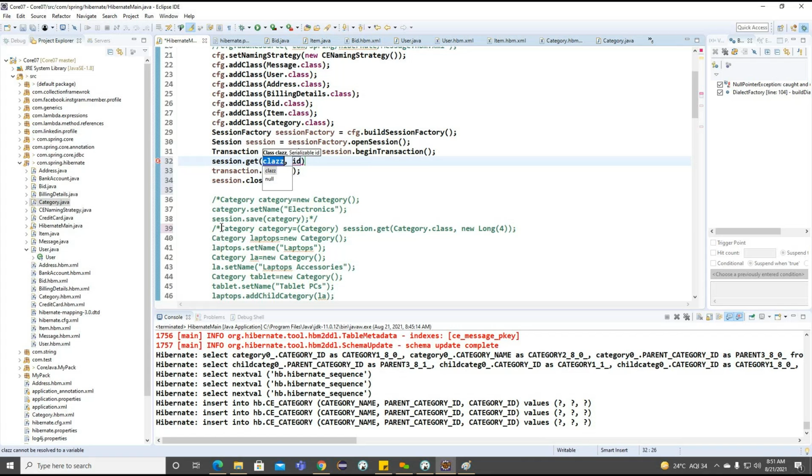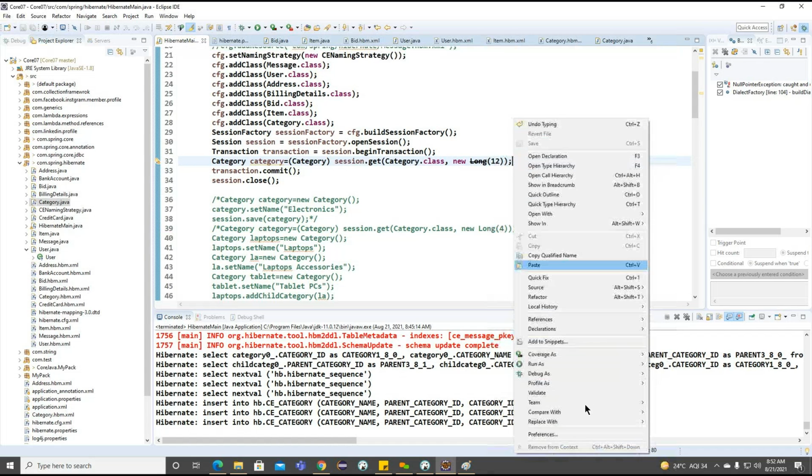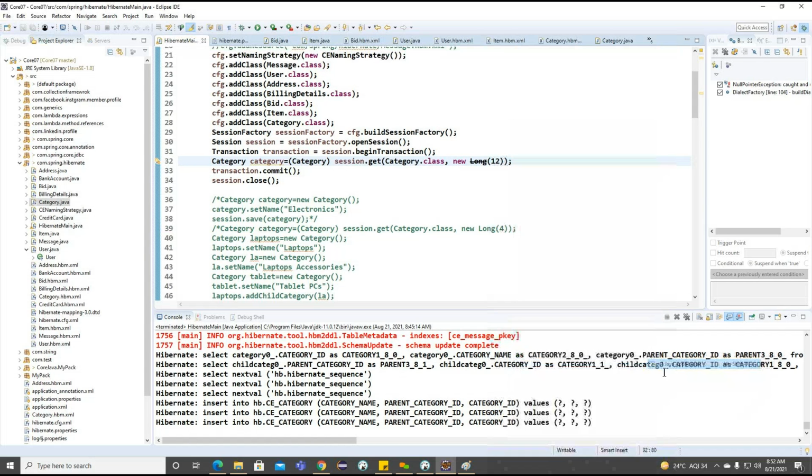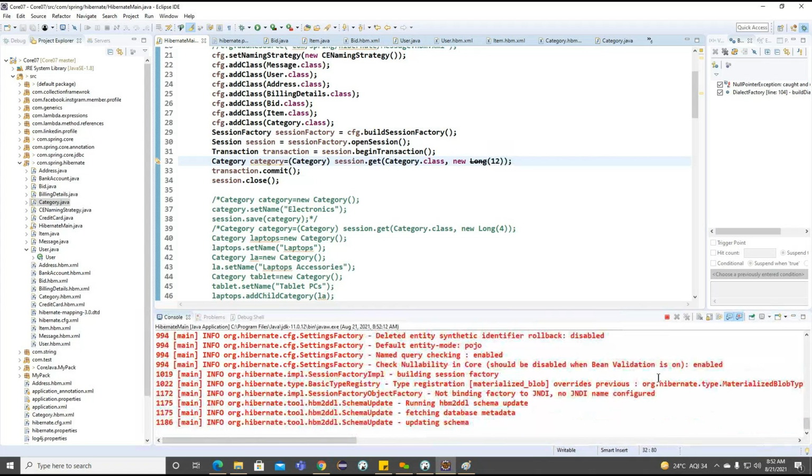Again we can go for this particular category. Up to how many records are we having here? 11. Now what I am doing here, I want to give 12. Let me run this particular example.